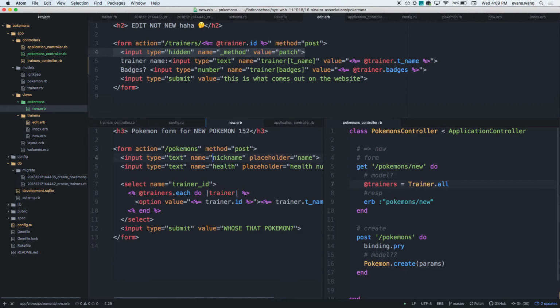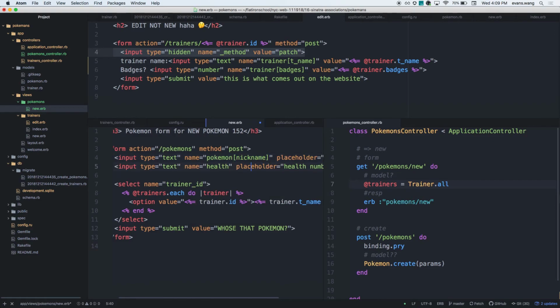And this is an edit form for a new Pokemon, right? So what would I want to name this nested hash? Pokemon. A little bit of this, a little bit of that. How would I do it here? A little bit of this, a little bit of that, and then finally,